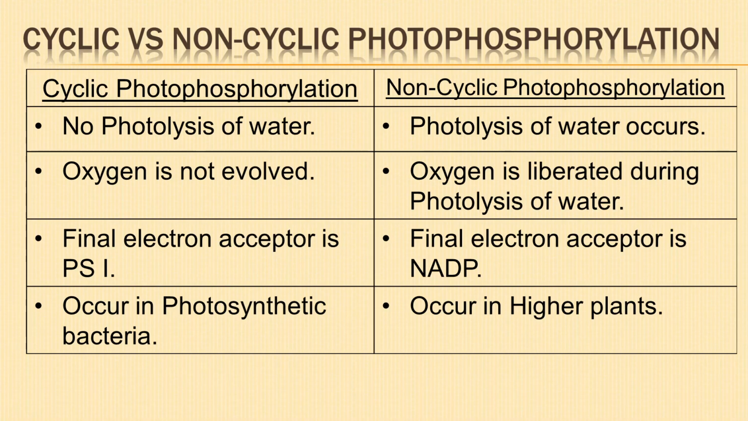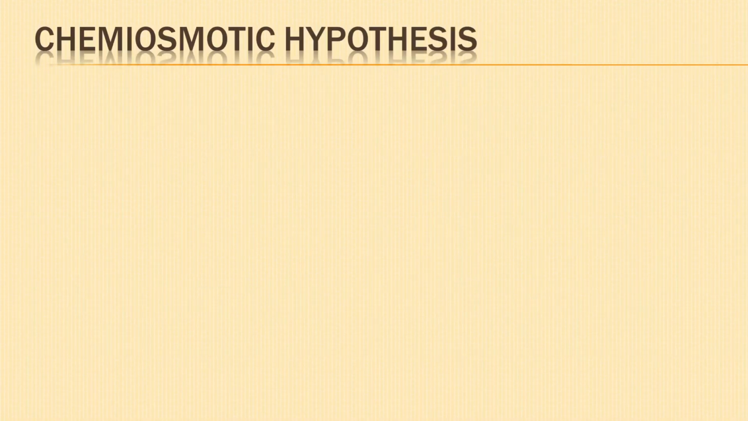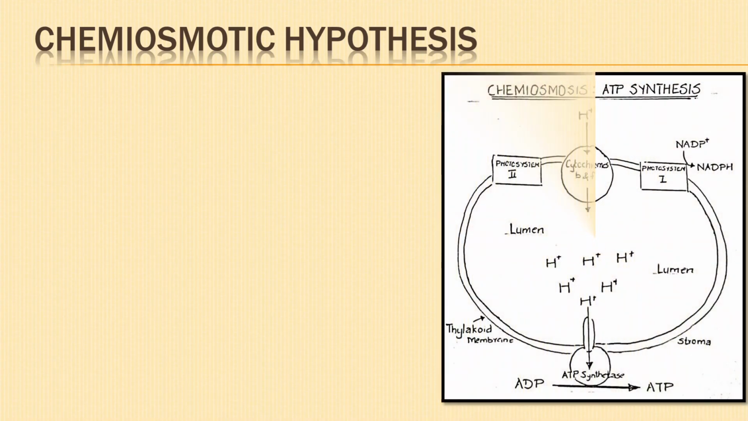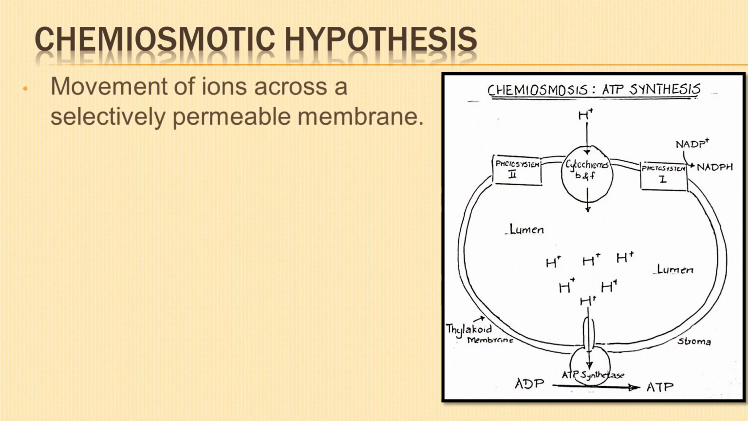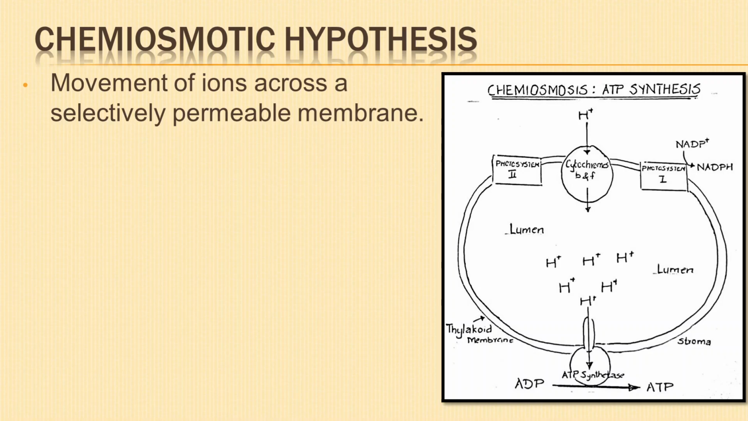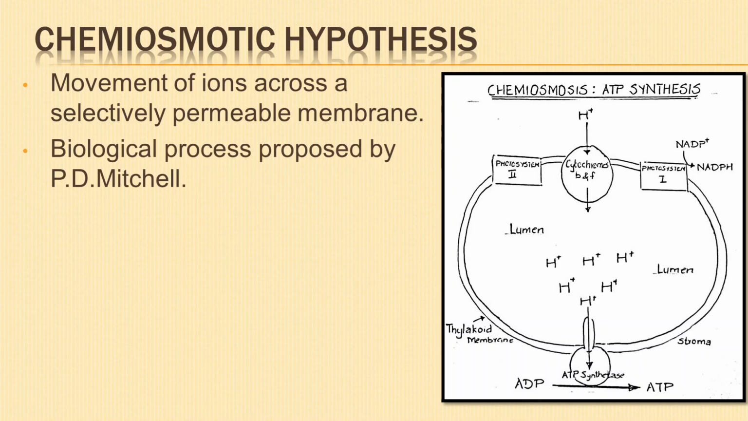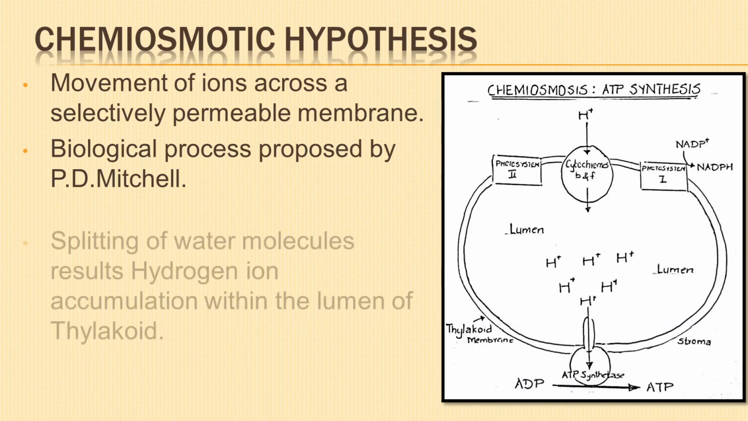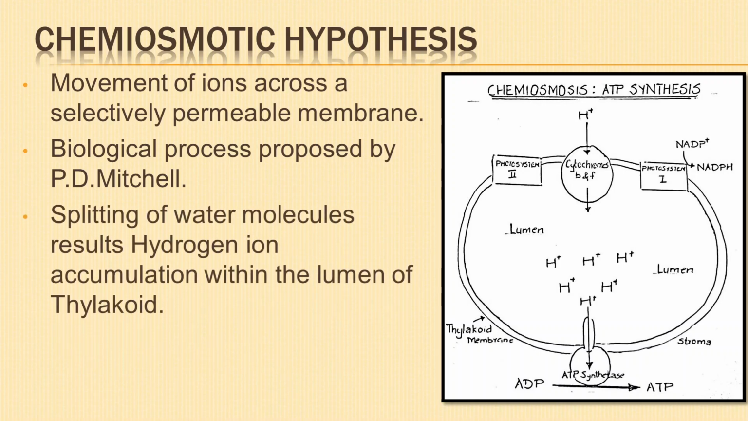Non-cyclic photophosphorylation primarily occurs in higher plants. Next, let us try to understand chemiosmotic hypothesis or mechanism of ATP synthesis. Chemiosmosis is the movement of ions across a selectively permeable membrane. It is a biological process proposed by P.D. Mitchell. Splitting of water molecules on the inner side of the thylakoid membrane results in H+ ion accumulation within